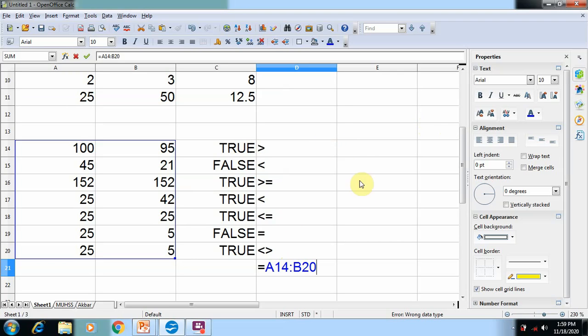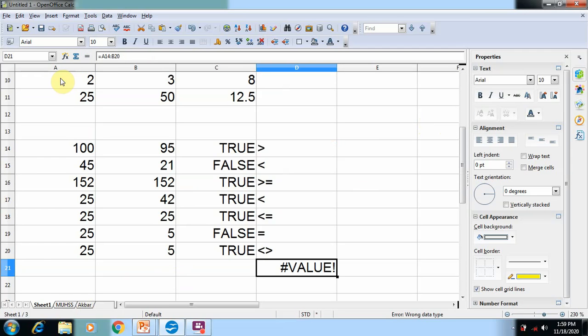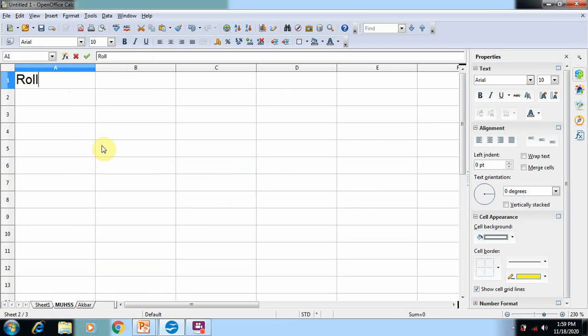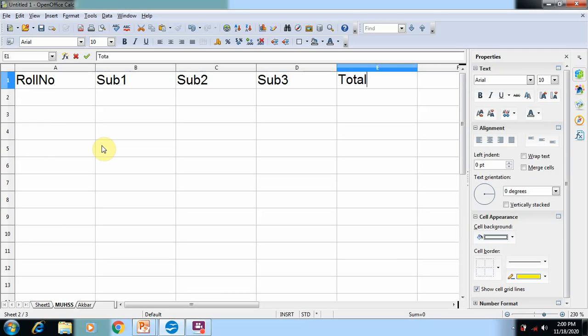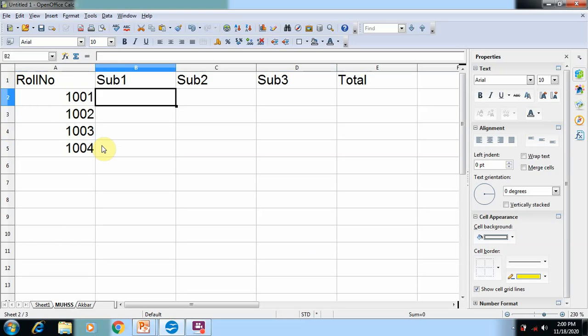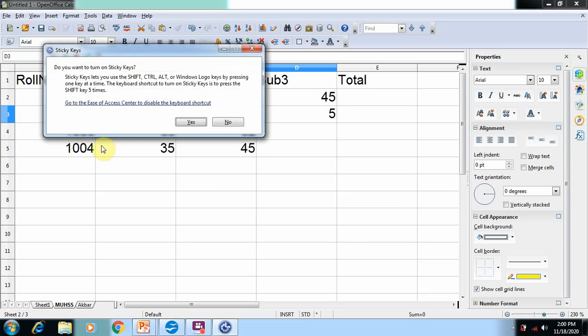For example, consider a mark sheet table where we want to enter different marks for students. So I am going to enter here roll number, marks for three subjects, subject 1, subject 2 and subject 3, and here we want to add the total. So first roll number 001, 002, 003. So I simply add 3 or 4 students numbers, and I simply add some of the marks for their subjects. It is just for example. So after that, if you want to add these 3 numbers and find the total of any student, then